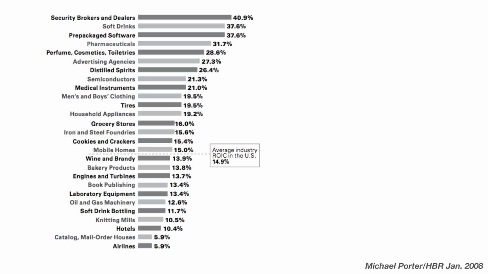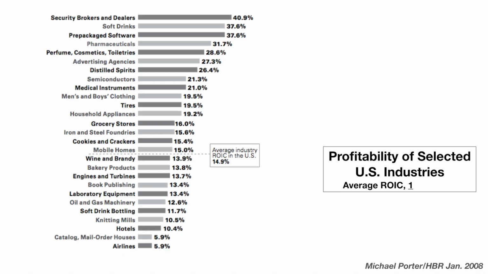In this chart, each horizontal bar represents the long-term average profitability of that industry from 1992 to 2006. Let's take a look at the profitability of 3 common industries. The first is soft drinks. The soft drink industry returned a staggering 37.6% each year during this time period. These outsized returns come from strong brand names and low competition. While we hear a lot about the soda wars, Big Soda was actually quite profitable during this time period.